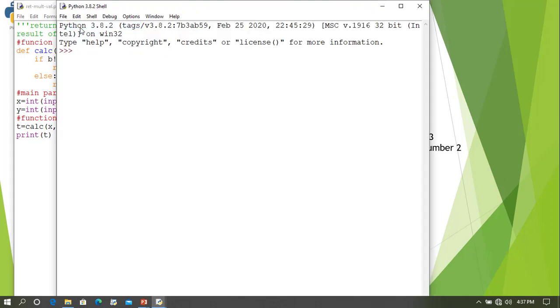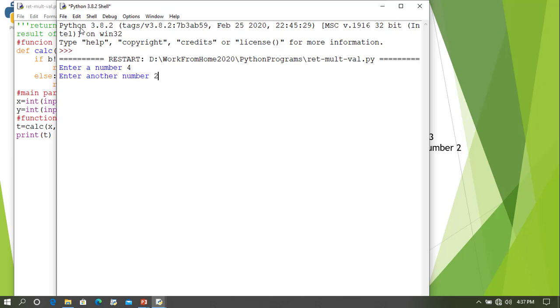Just to show you the difference, enter a number, suppose 4, and the other number, suppose 2. So the first value is sum, the second value is difference, the third value is product, and the fourth value is quotient. Now this is used as a tuple.